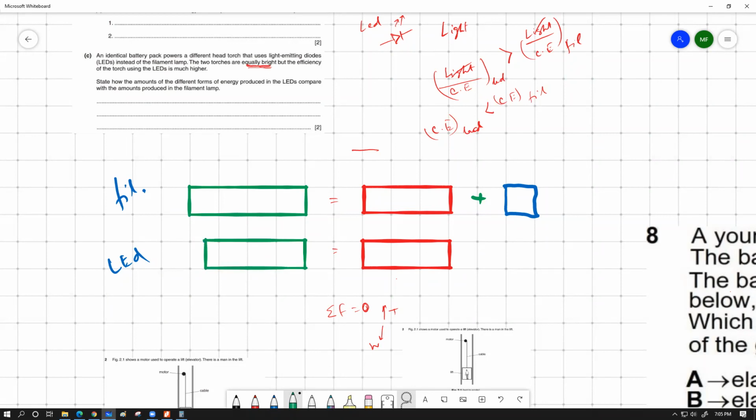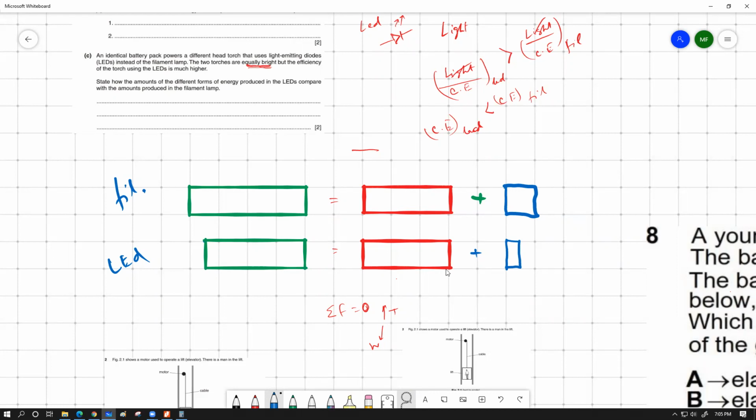Which means out of this 3.5 boxes, it is producing 3 boxes as light energy. Essentially means that waste would be how much? Half box. এই যে আইডিয়াটা কি বোঝা যাচ্ছে? Ji, sir. Everyone else, দেখো